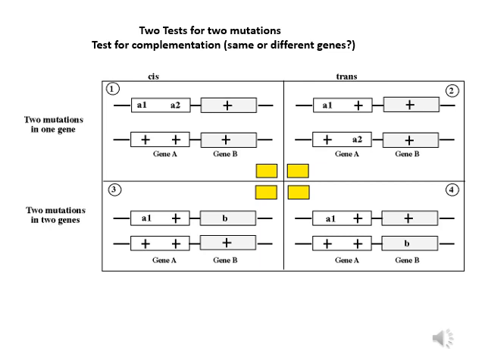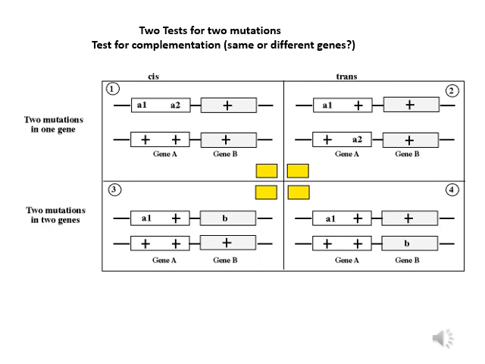Look at figure 2. The two mutations are present in the trans position on the same gene, gene A. But for gene B, the plus sign indicates the wild type. Now come to the bottom half of the picture, where two mutations are present on two genes. You can see in gene A the mutation A1 is present, and in gene B the mutation B is present. So two mutations are present in two genes.